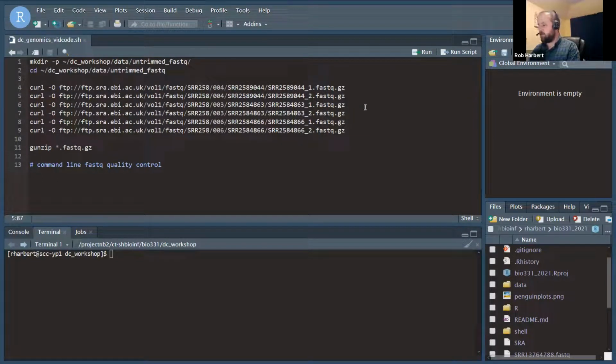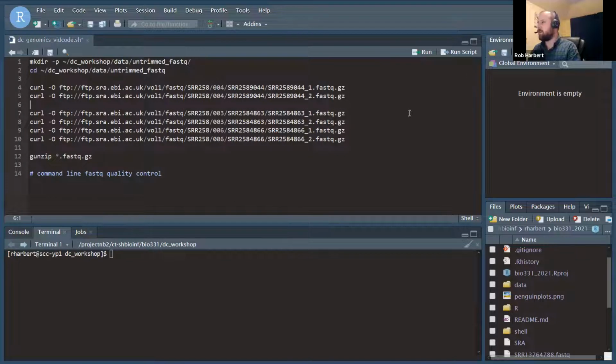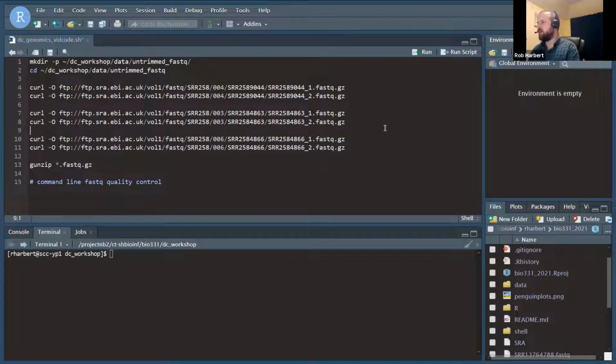If you're familiar with the NCBI SRA, Sequence Read Archive, you might recognize that these are SRA files, and these group into 3 samples. So we have 3 samples, each with paired-end sequencing data files. So we've got